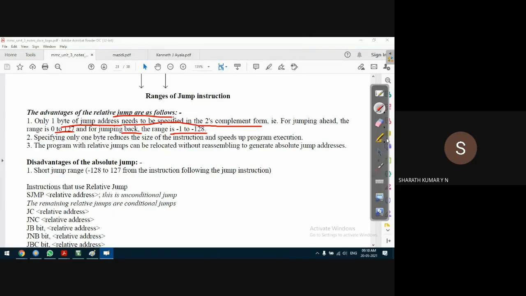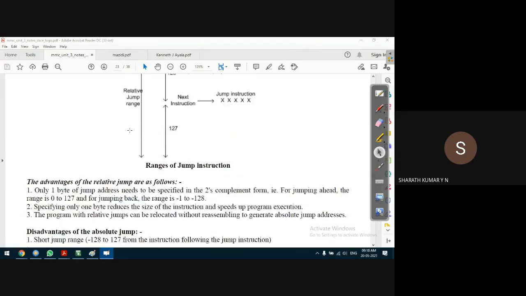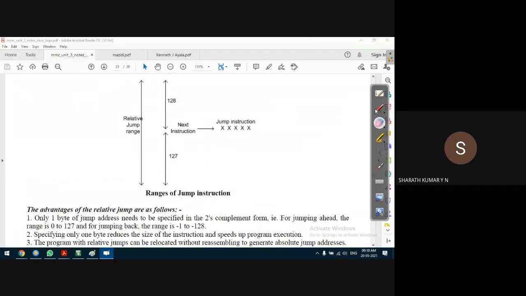So in this diagram, if you observe, with respect to PC, as I just explained, this is the jump instruction. PC is pointing to the next instruction.